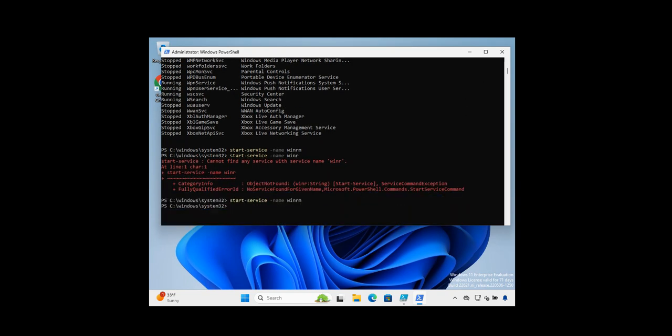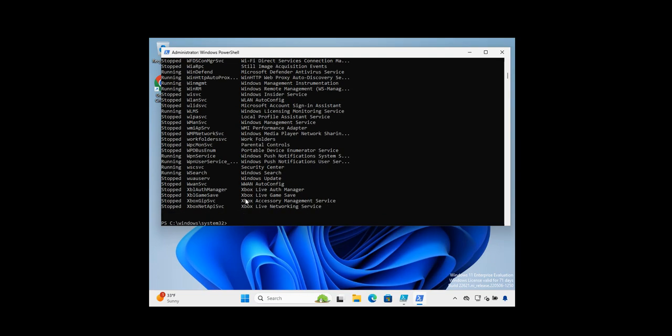So if I refresh the screen and, as you know, arrow down to Get-Service and hit enter, you will see WinRM, as you can see here, folks, is running right now. We just started it actually. And if you want to stop the service, you can go ahead and stop